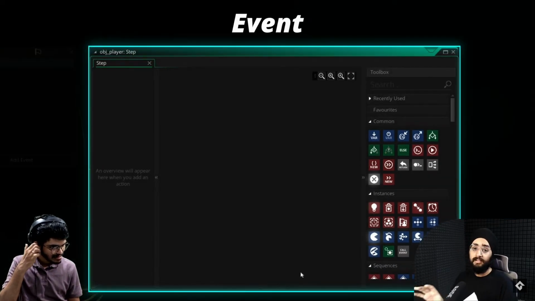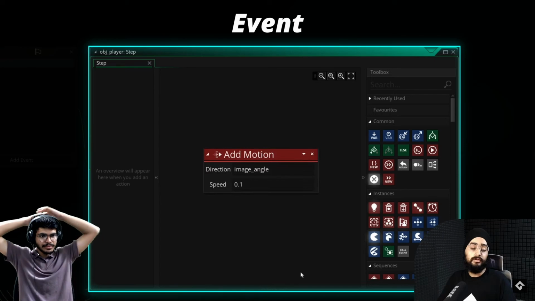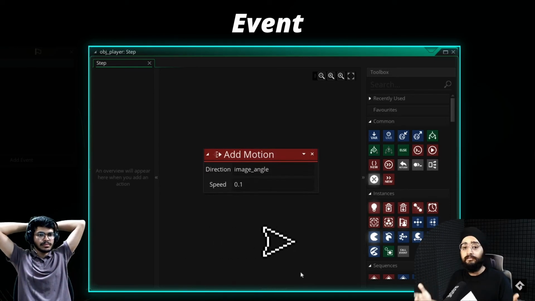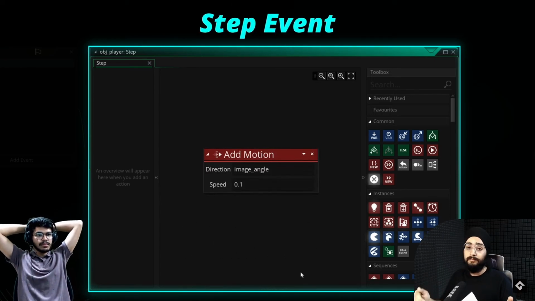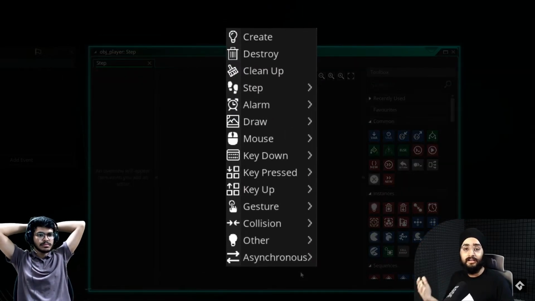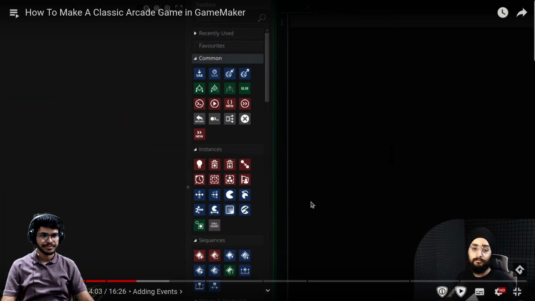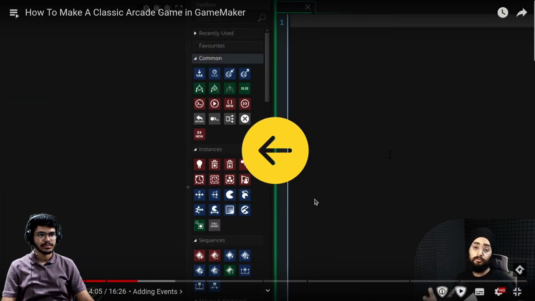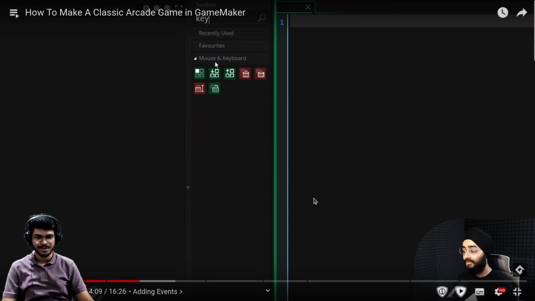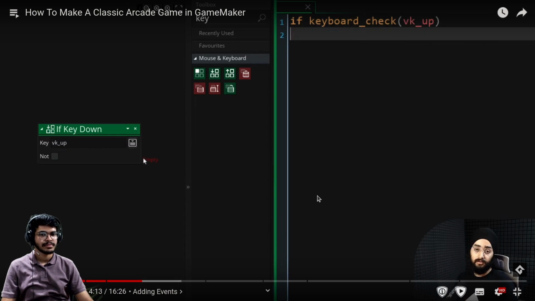Now this is an event. You can program this event to, for example, move your ship, and that will happen every frame because this is the step event. It runs at every step. A different event might run at a different time. Let's program this event now. Now if you chose GML visual, look to the left, or if you chose GML code, then look to the right. In the event, we first want to check if the up arrow is held down. If it is, we want the